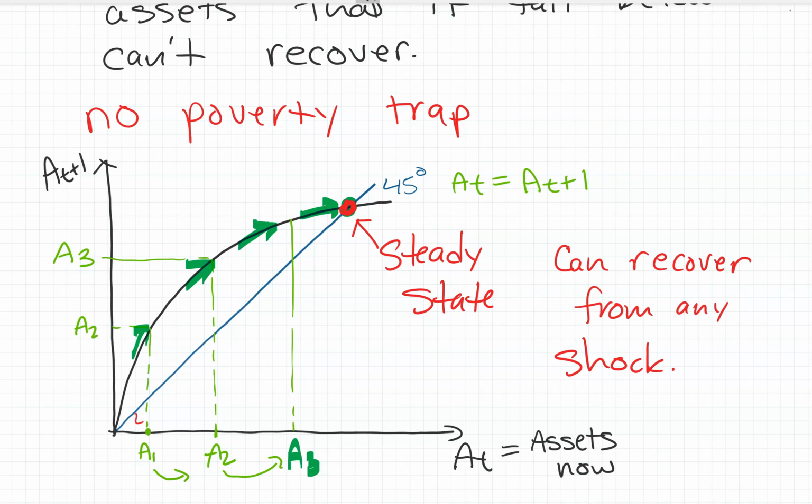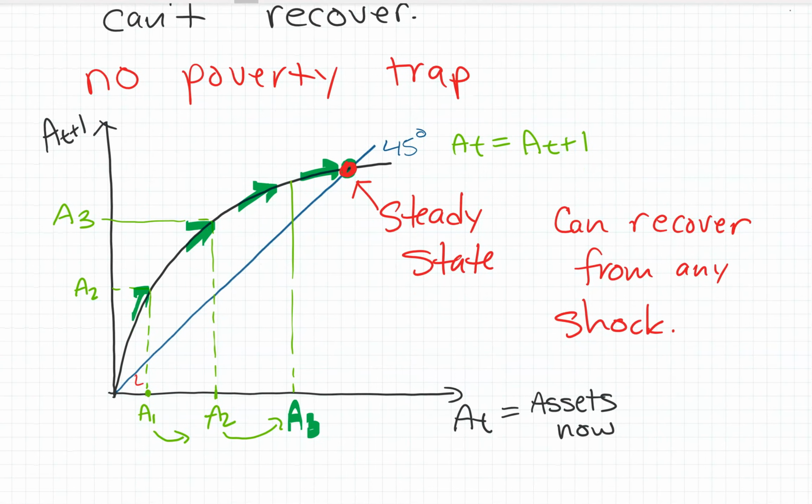You can recover from any shock. So how does it look different if there's a poverty trap? If there's a poverty trap, then there's some level, and if you fall below that level, you don't go forwards, you go backwards. So your herd is too small to be feasible, and then it just gets smaller and smaller and smaller until you might go down to zero and just be in abject, dire poverty.